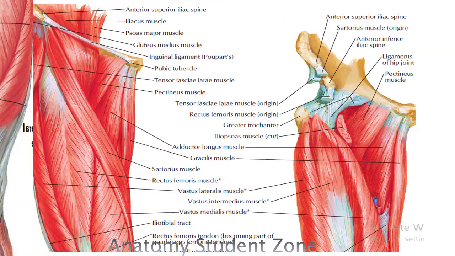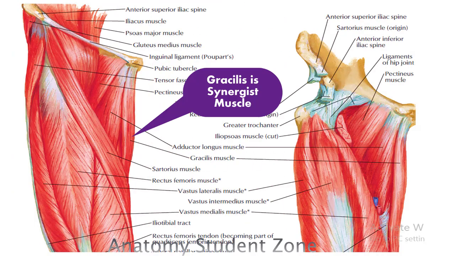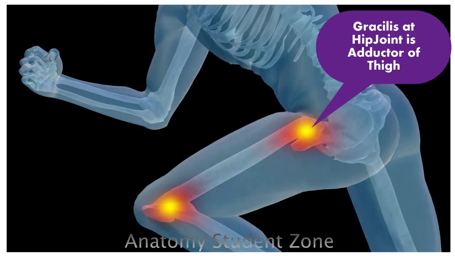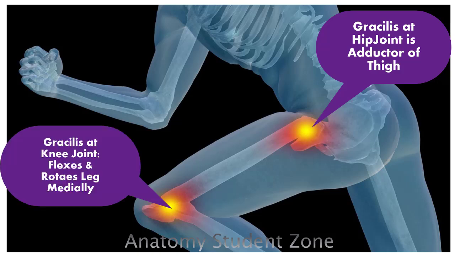So dear doctors, remember gracilis is a synergist muscle because it is attaching on the upper and medial part of the tibia, and it is also crossing the knee joint, and besides with the other two muscles, it is acting on the knee and hip joint. So at the hip joint, it is an adductor of the thigh and supports its group because this is a muscle of the adductor compartment. So it has this function, that is adduction. But at the knee joint, it flexes and rotates the leg medially. About the relation, this muscle has two main functions. The relation as of adductor longus is also very important, and it lies on the anterior surface of adductor longus.